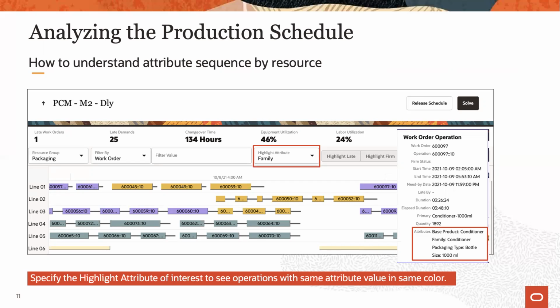Alternatively, attribute values are listed in the dispatch list, though there you see the values only one resource at a time. Further, using the tooltip on top of individual operations also allows finding the attribute value, but of course, always only one operation at a time.